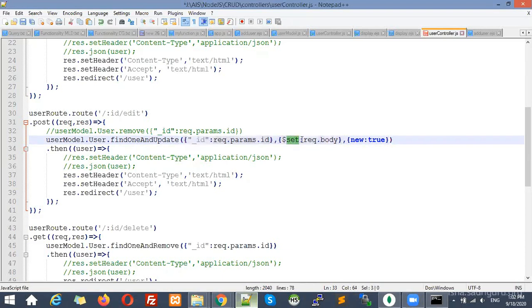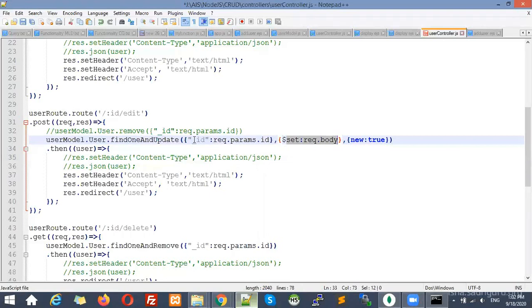Here you need to use the set parameter, and whatever set parameter you want to pass, you can pass over here. But here in body, we have all three parameters like first name, last name, and age. So you don't need to mention them separately. Otherwise, you have to create a separate array. As I told, if you have taken a separate name, then you have to do separate processing. But we have taken the same name. That's why we don't need to bother about that. Directly that will be updated into the database. So whatever you have entered into the text box, that will be set.